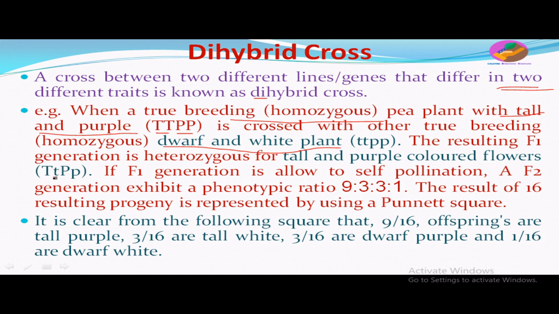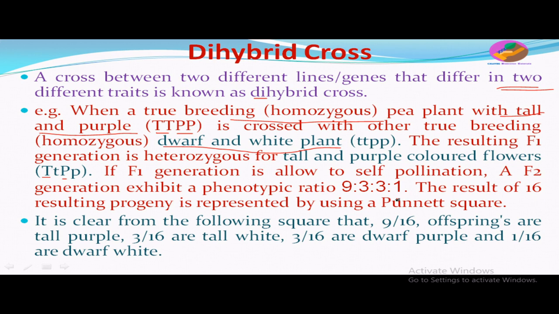So it will produce capital T, small t, capital P, small p. As capital T and capital P are dominant here, the character tallness and purple flower will only express themselves, and the white color flower will get masked. Now if the F1 generation is allowed self-pollination, the F2 generation exhibits a phenotypic ratio